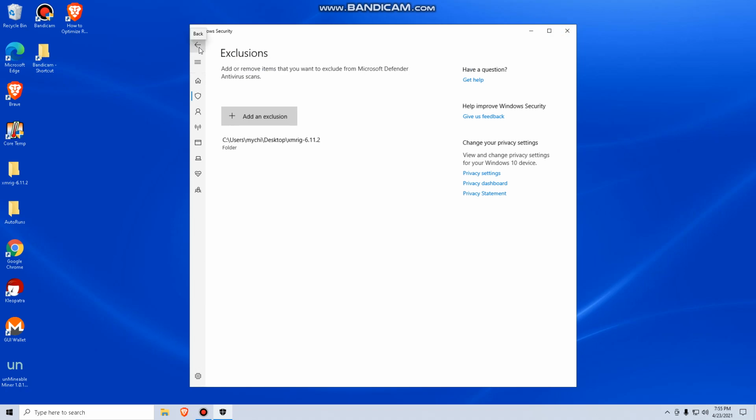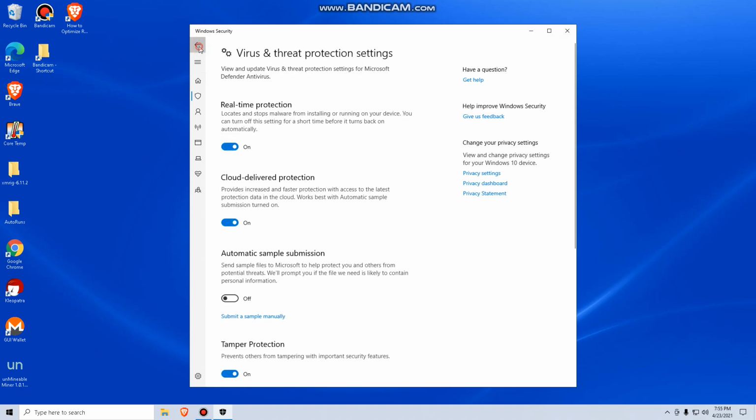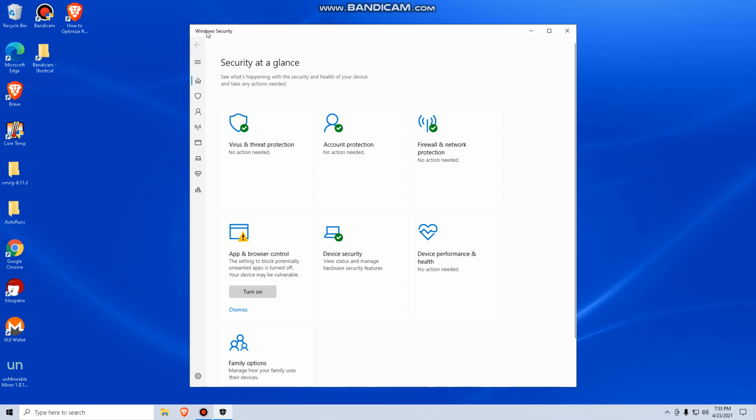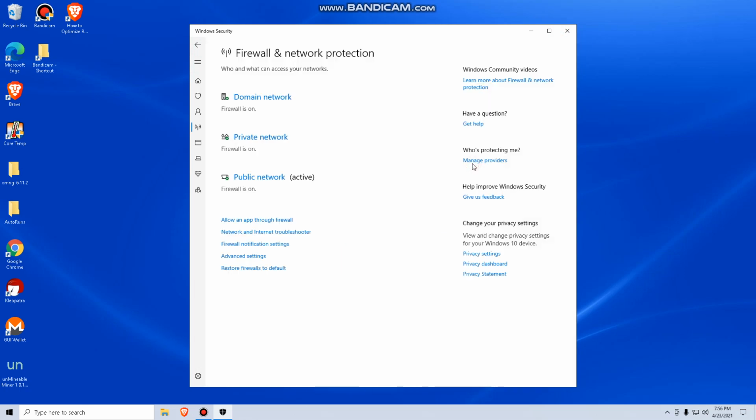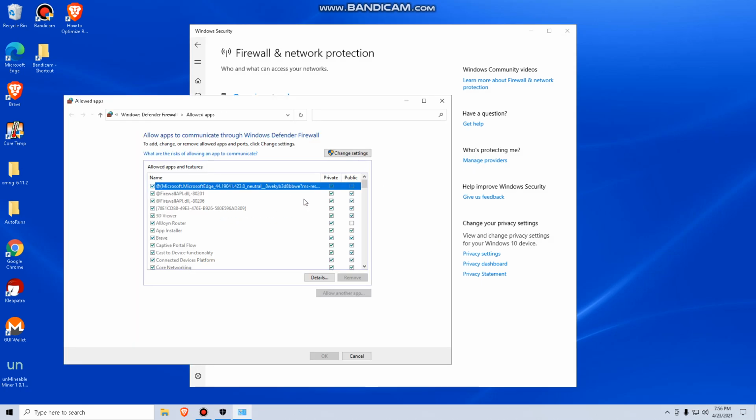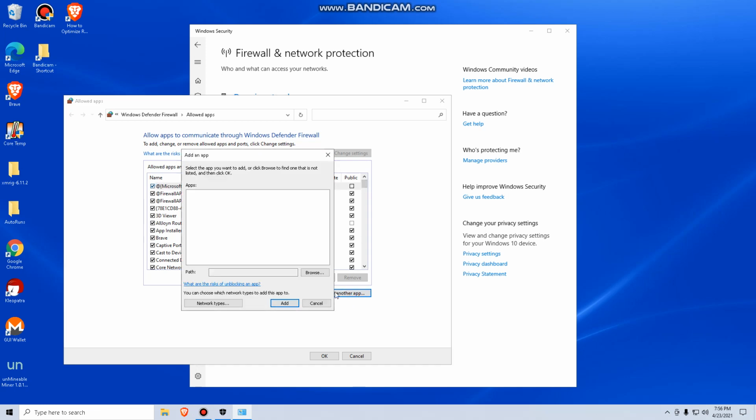Now to move on to the Windows firewall, we're going to navigate back to the main Windows security panel, moving to firewall and network protection. Allow an app through the firewall. You're going to change settings, which will give you access to the prompts here. Click allow another app,